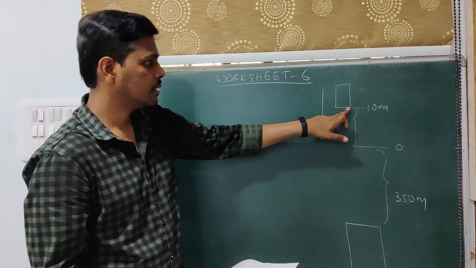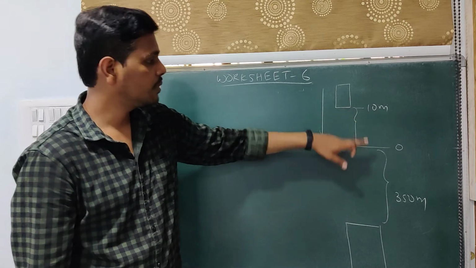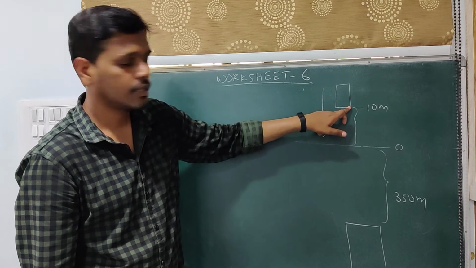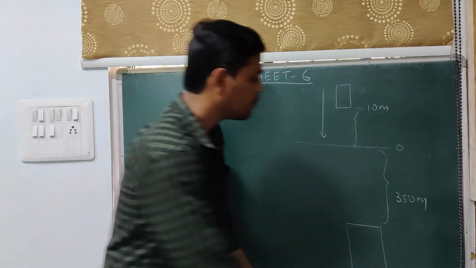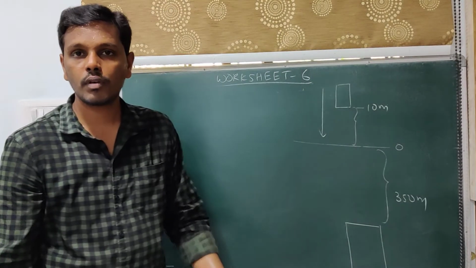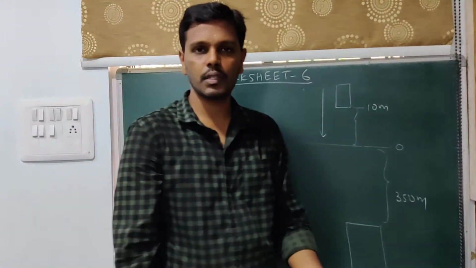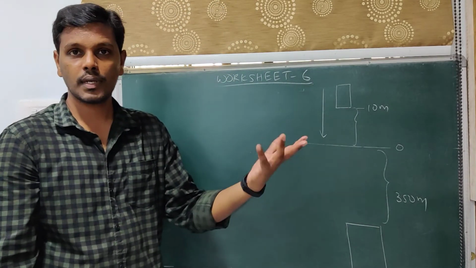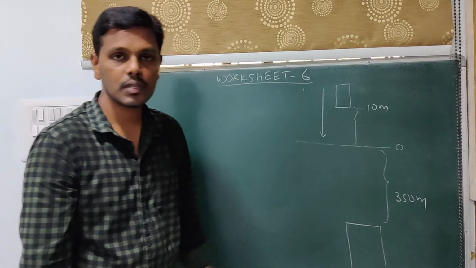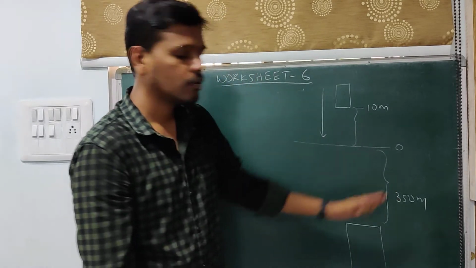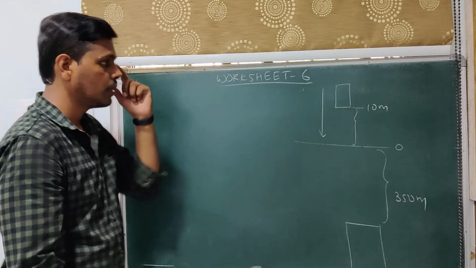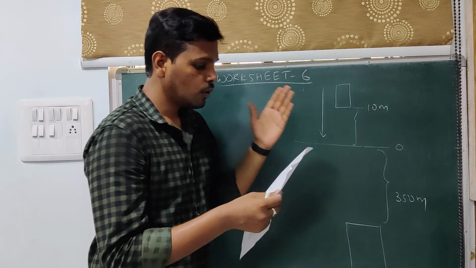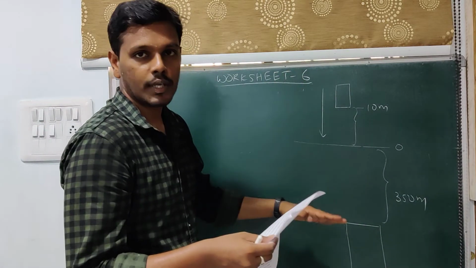So here the elevator is at 10 meters above the ground, and it has to go 350 meters below the ground. That is what they are saying, minus 350. Instead of using the word below, they are using minus 350, just like profit and loss, plus minus, which we have indicated. Here also the same case. When we say below, we indicate with minus, above we indicate with plus. Okay. So now they have given you how the elevator is going down.